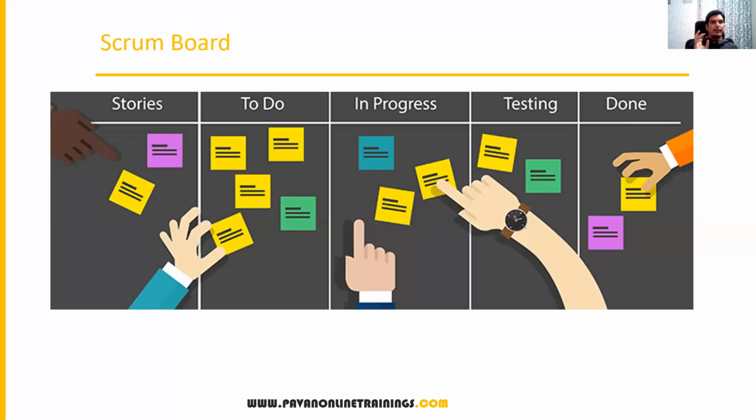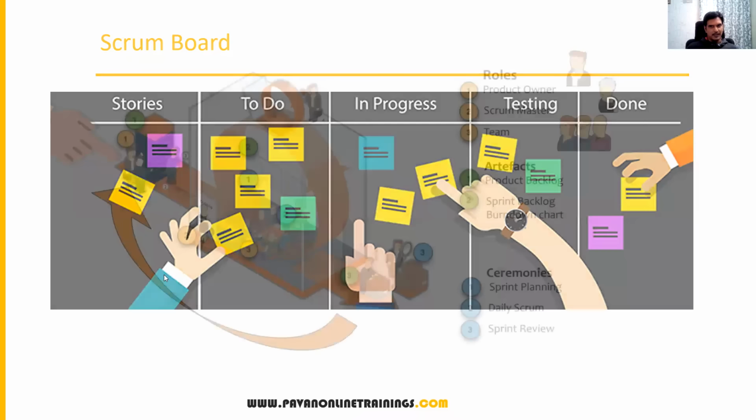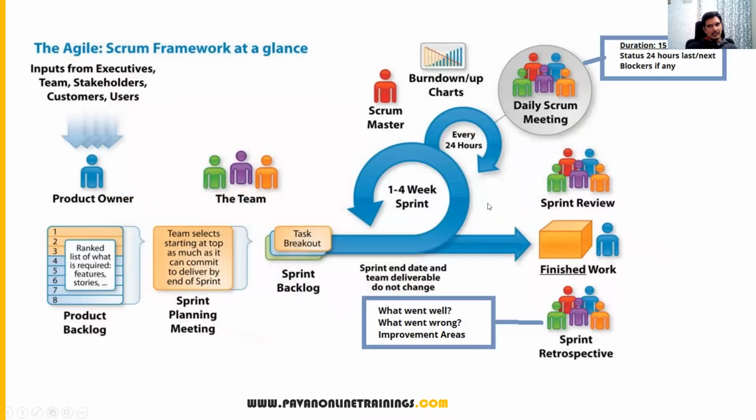So this is the Scrum board, maintained by the whole team. It says how many stories we have planned, how many are ready in to do, how many are in progress, how many have completed testing, and how many are ready to deliver. This information will be in the Scrum board, which we will maintain during the process. Whatever tasks or activities we have discussed so far as part of the agile process, we can track each activity using a tool called an agile management tool.